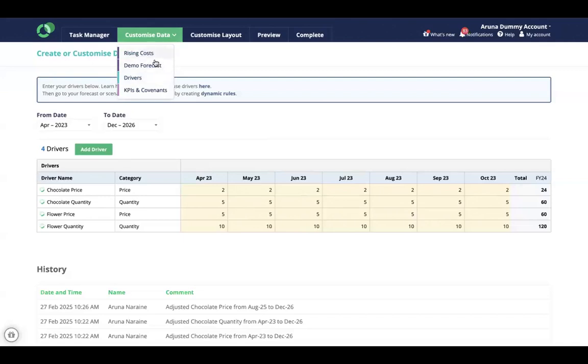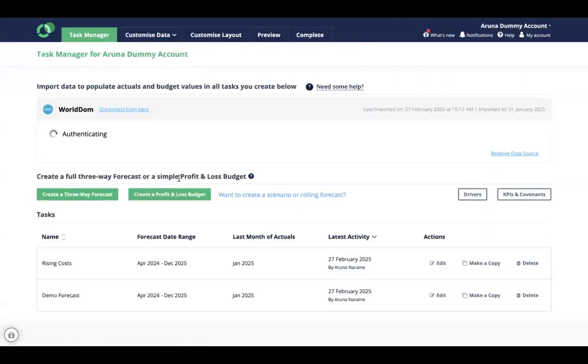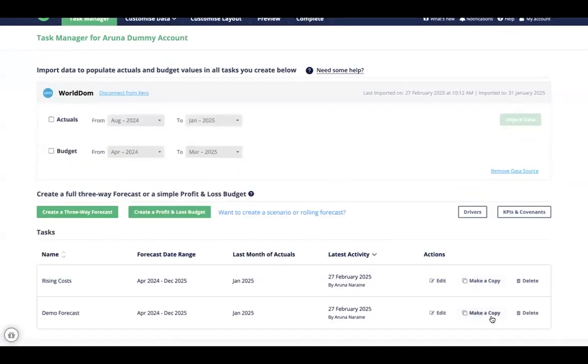Drivers can live in many different forecast tasks. So if you were to make changes in a driver that's being applied to more than one forecast task, it will impact any forecast task that it's being applied to. Again, I hope that made sense. So that's the only way that they're still kind of connected, but besides that, they're completely individual to each other. So again, the way we did that was the Task Manager tab, and we just made a copy of our original